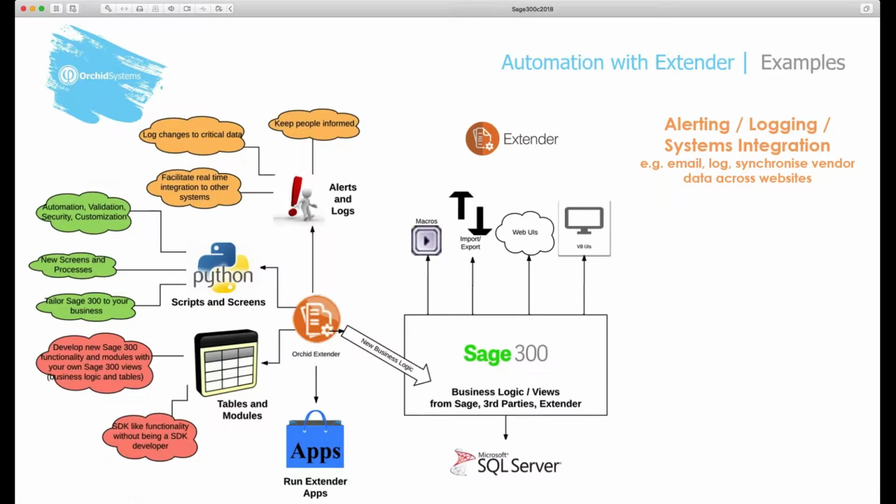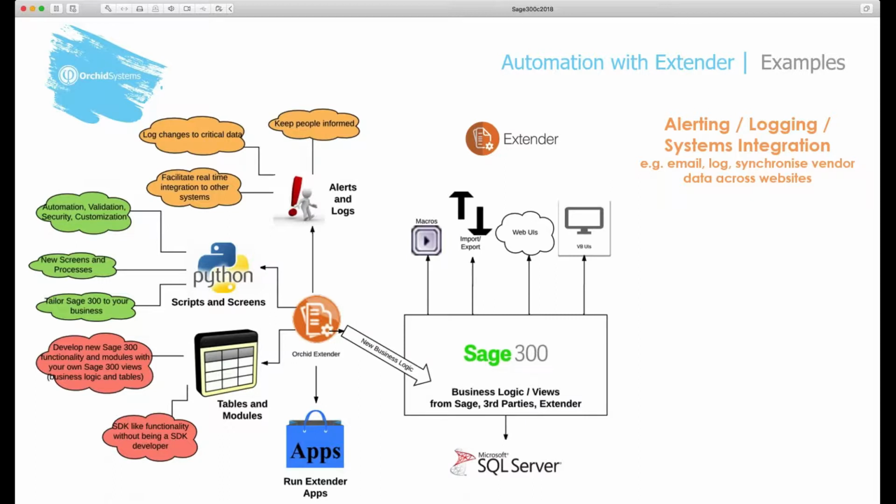And by alerts, we mean sending an email or creating an Information Manager note. You can log that changes are happening, and you can trigger a call to external logic, for example, to do systems